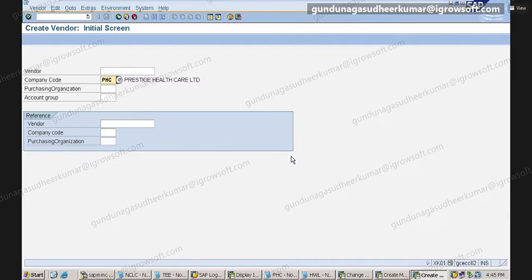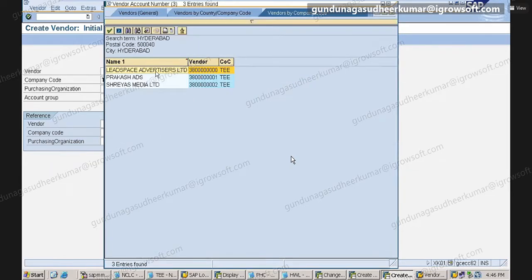Suppose my company code is this. What is my company code? EE. For creating from scratch, vendor group is required. Sir, we are taking an existing vendor. Yes, if an existing vendor is there, you can directly upgrade.